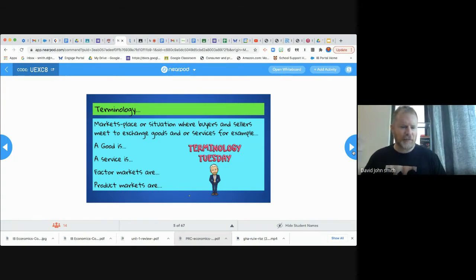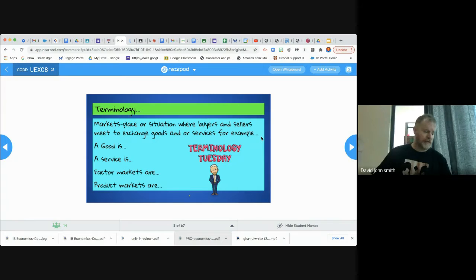All right, so key terminologies: markets, places, situations. Buyers and sellers are going to meet at those places to exchange goods and or services. Now, there you see I've written, for example. Markets don't have to be physical places. You'll notice I use the word situation,